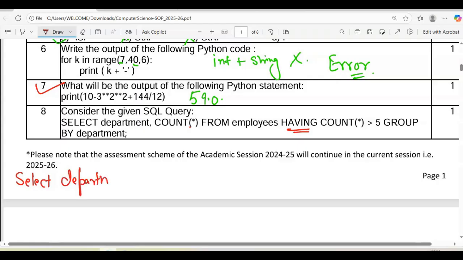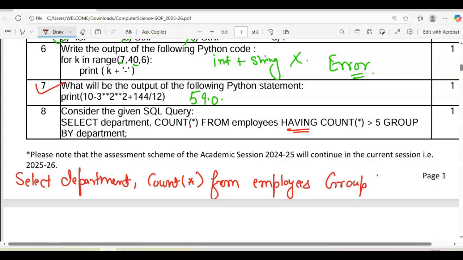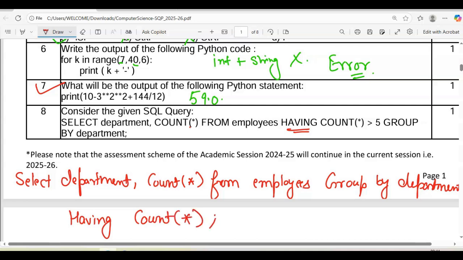It is select department, comma, count star from employees, and then you write group by department, and then you write having, because having is a condition that will come afterwards. You can write it in capital or small, no problem, because SQL is not a case sensitive language.